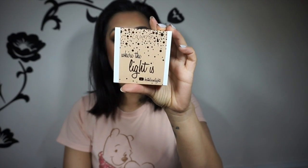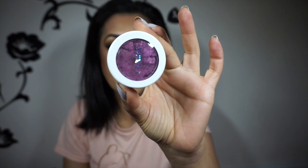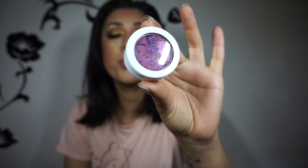And I had to get the Where the Light Is 4 Super Shock eyeshadows by Kathleen Lights from YouTube, here on YouTube. Gorgeous, gorgeous, gorgeous. Again, one of my things broke. This always happens to me, so I'm not going to take this one out. This one is Sticky Sweet Super Shock Cheek, and it's pearlized. It's super shimmery. I did use this yesterday and it does not